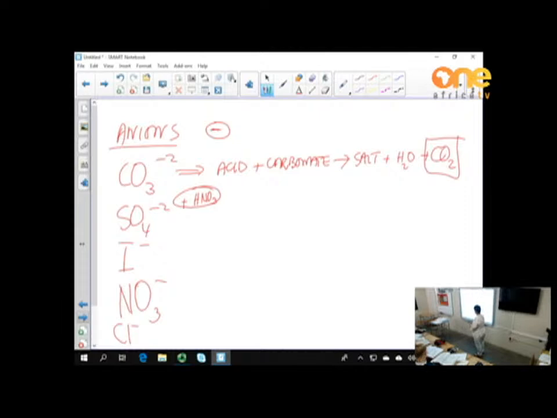Then to test for a sulfate, we will add barium chloride, or barium nitrate will also work. Okay, barium chloride, a soluble barium salt. Okay, because what happens